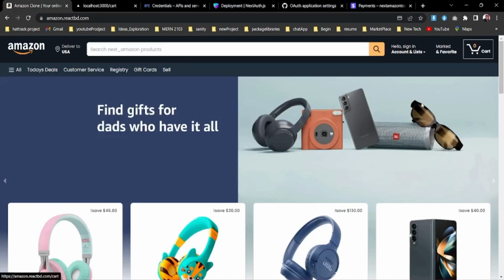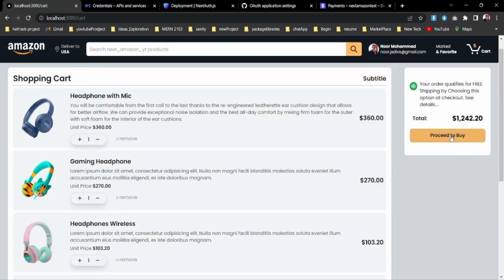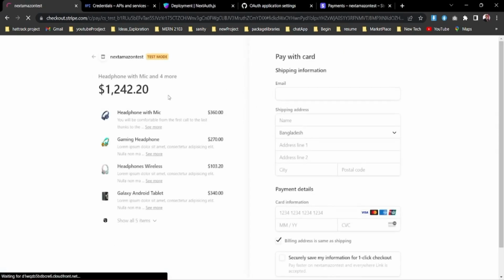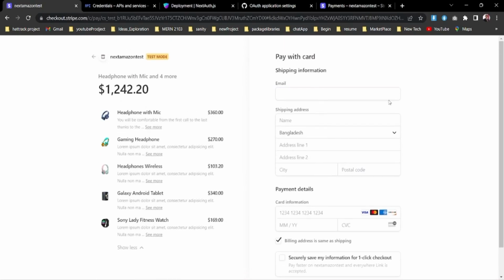So what I'm going to do is go back to my cart over here. Let's close this one and proceed to checkout. Now I believe it's going to redirect me to the checkout page. So we are going to make a checkout of 1242.20, and you can also see all the items available over here. Let's create a default checkout with